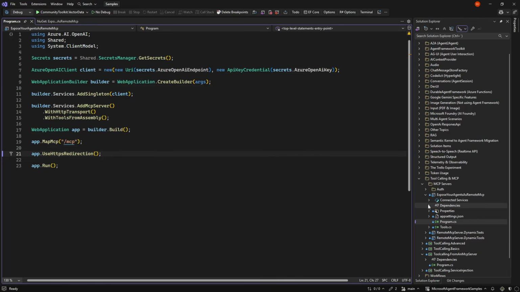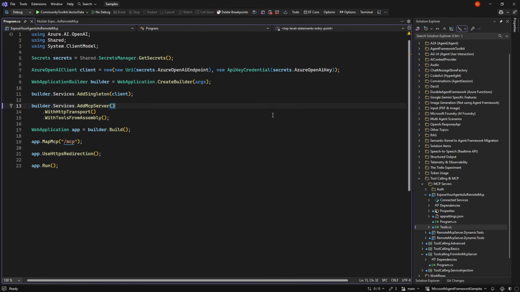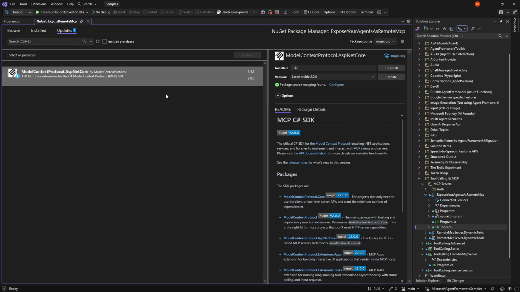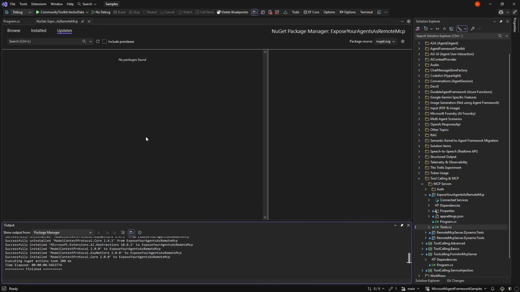So here are my samples, and up in tools and MCPs, I have my MCP server here. It's a very simple server that just says remote server with tools from assembly, map them, and the tools don't really matter here. It's just normal. So let's go here, and we can see there is a version 2.0. And major releases are normally an issue, of course. So let's upgrade and see how it goes.